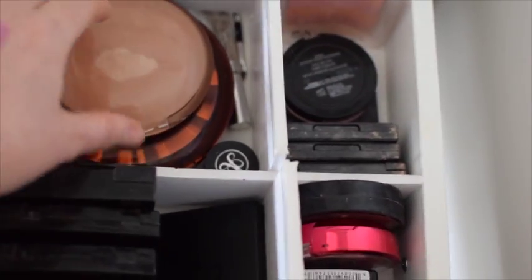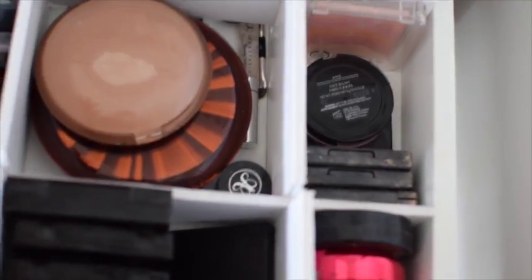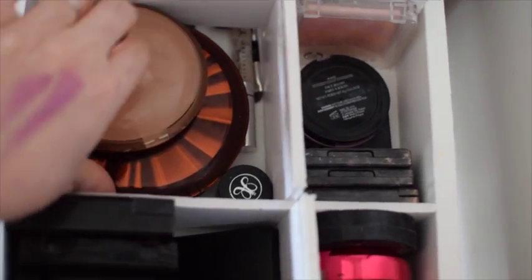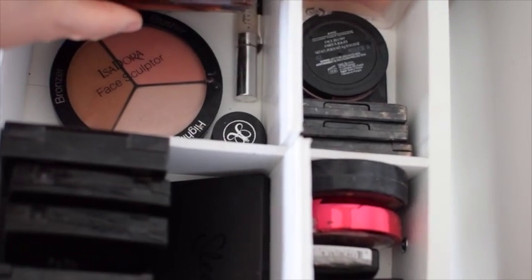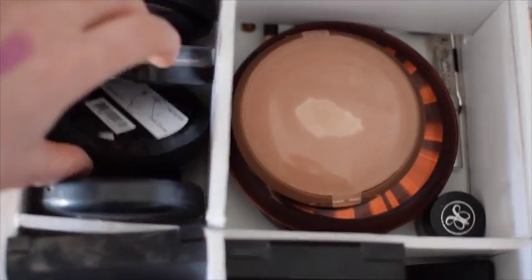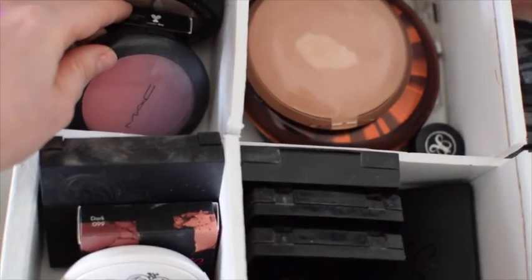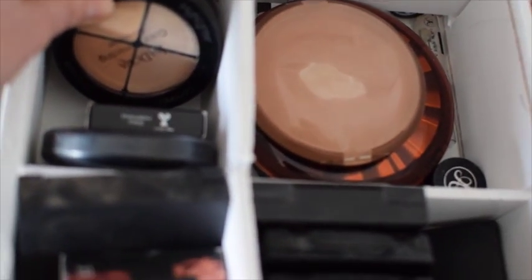In here is large bronzers that I actually do use every day, but they just don't fit in my main drawer. So the Wet n Wild Ticket to Brazil. There's an Isadora bronzer that is quite nice, and then there's an Isadora face sculptor that I quite like too. And then in this part here, focus, these are just bits that I don't actually use that often, but I haven't got the heart to throw out. And there's an old MAC limited edition blusher, a Young Blood concealer that I haven't actually used yet, and then some of the Isadora